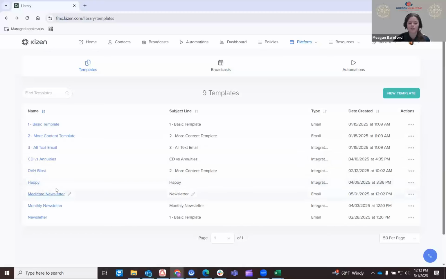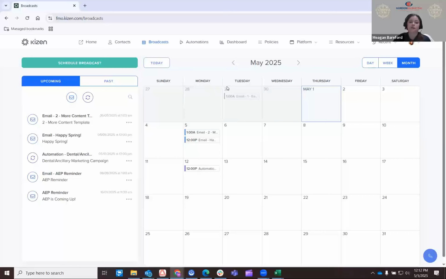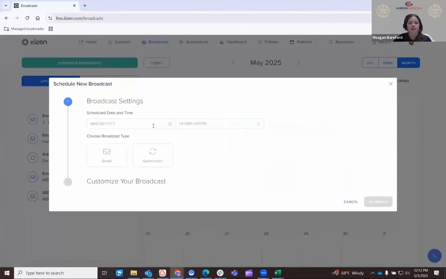So those are the email builder tools. I don't think we have too many questions over those, so I'm just going to move right along. Again, these templates are available at all times, so you can use them over and over again. If you want to do just a single send, where I don't need to save a template for an AEP reminder, then what I'm going to do is go out to my broadcasts and schedule a broadcast